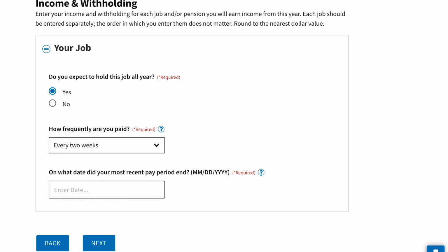For this example. Now here's where it's going to get a little tricky if you already have this job. So you've already received a paycheck. The reason it's asking you this is because it needs to know how much has already been withheld so far this year. Now, this is the part that confuses most people, because the estimator is trying to figure out if you withheld too little or too much so far this year. If that's the case, it's going to help you make that adjustment. And that's the great thing about this online calculator. It's going to make the adjustment for you, either increasing or decreasing the amount of allowances that you're going to put on this W-4